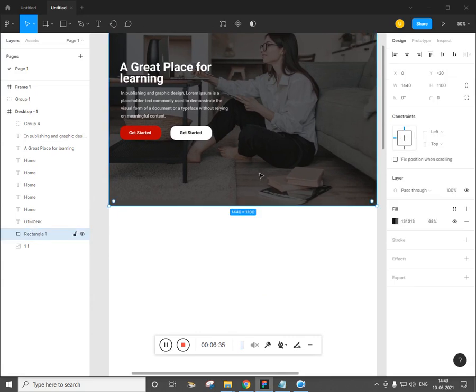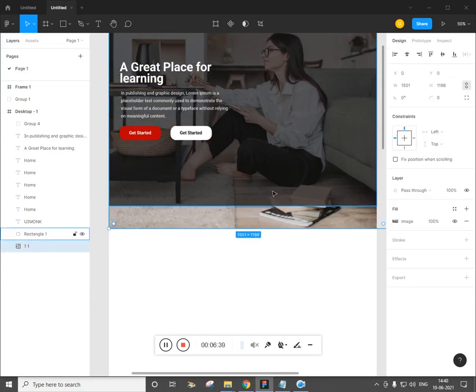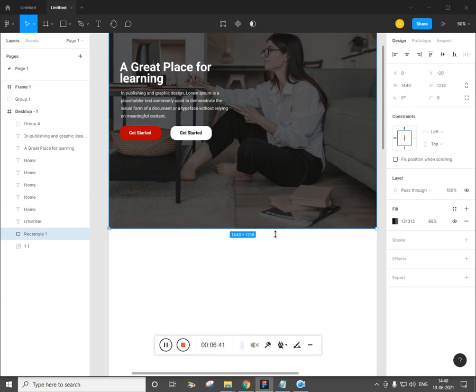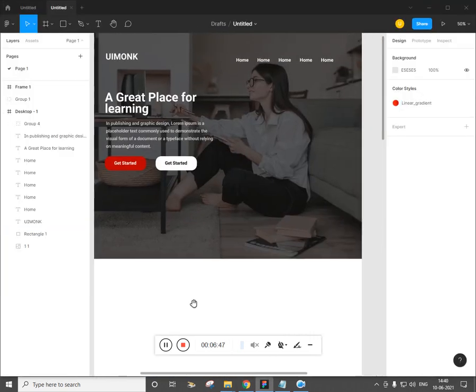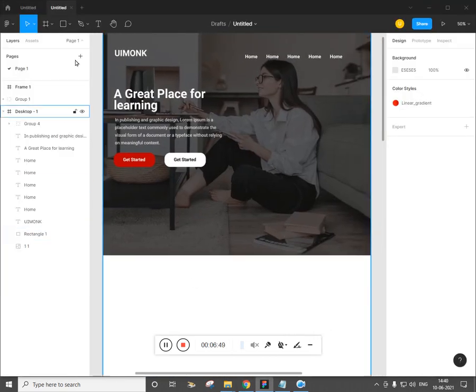That's very simple. Let us make this a little bigger. First select the image and make it bigger, and then select the, what do you call, the black box. Now what we can do is we can have that.